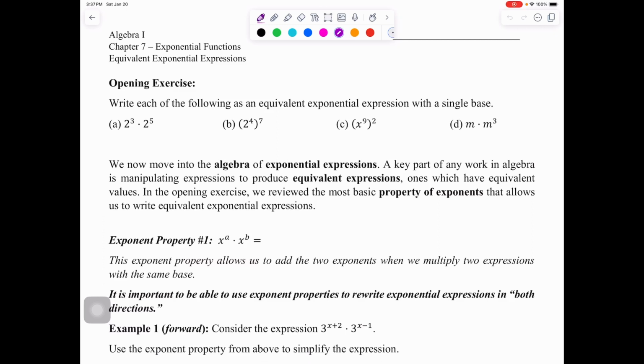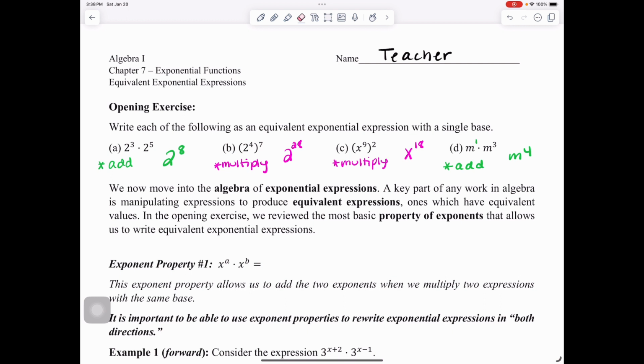Today's lesson is called Equivalent Exponential Expressions. So to start, I'd like you to just try the opening exercise. Write each of the following as an equivalent exponential expression with a single base. At this time, pause the video, try these on your own, and then resume the video to go over the answers. Okay, now that you had a chance to try on your own, here are the answers to the opening